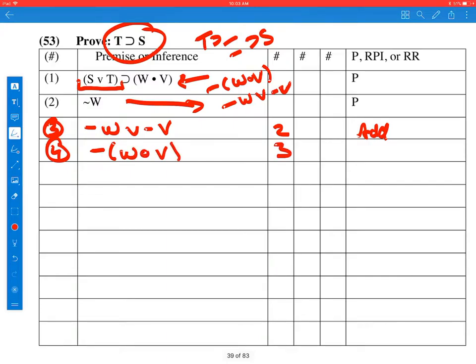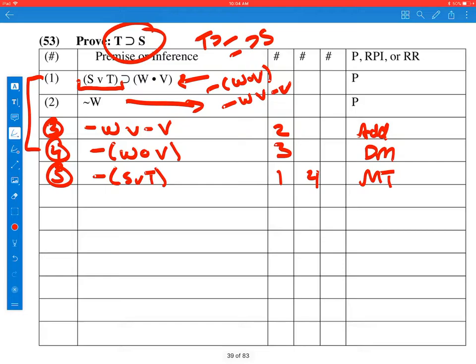And now I'm going to apply the De Morgan's. Not W and V, 3 De Morgan's. And now 4 and 1, I can do the modus tollens and get not S or T from 1 and 4 modus tollens. Okay, well, we still don't have